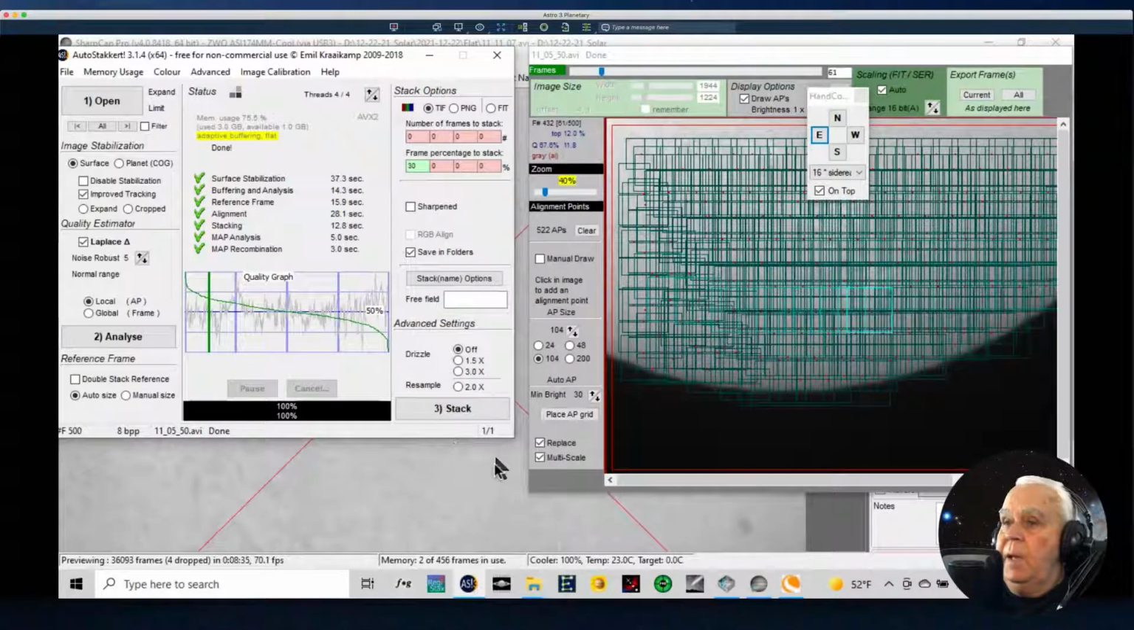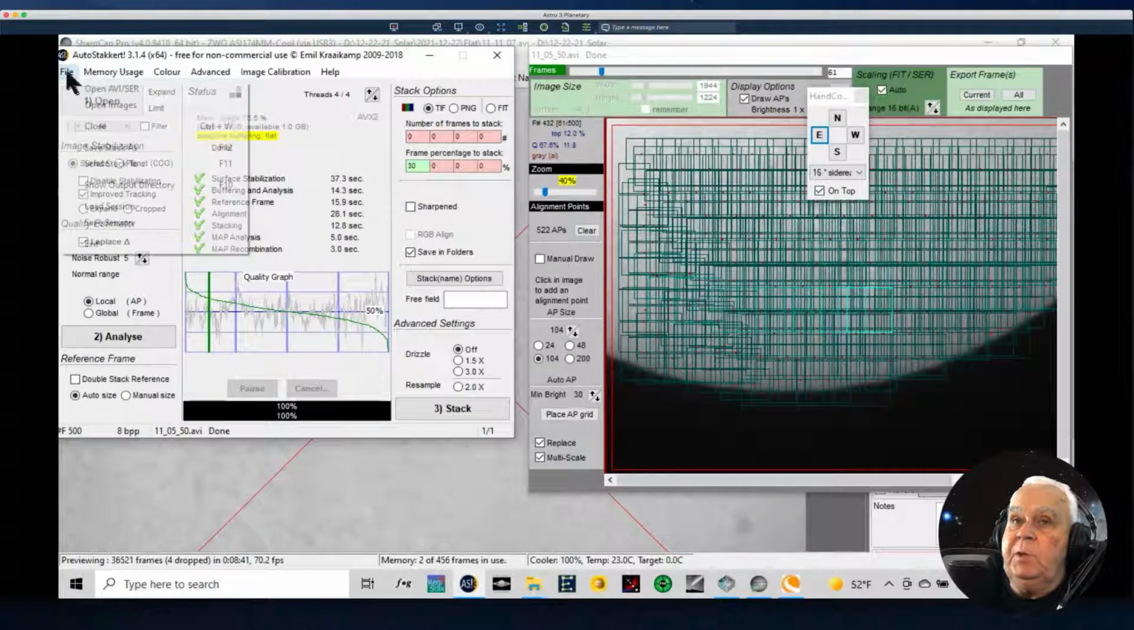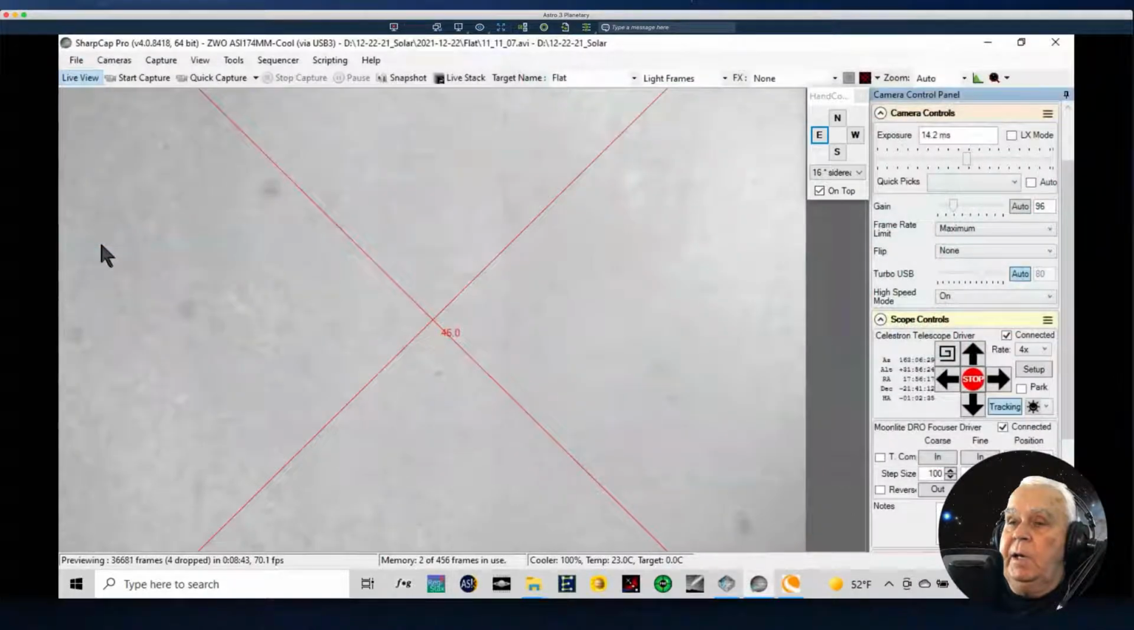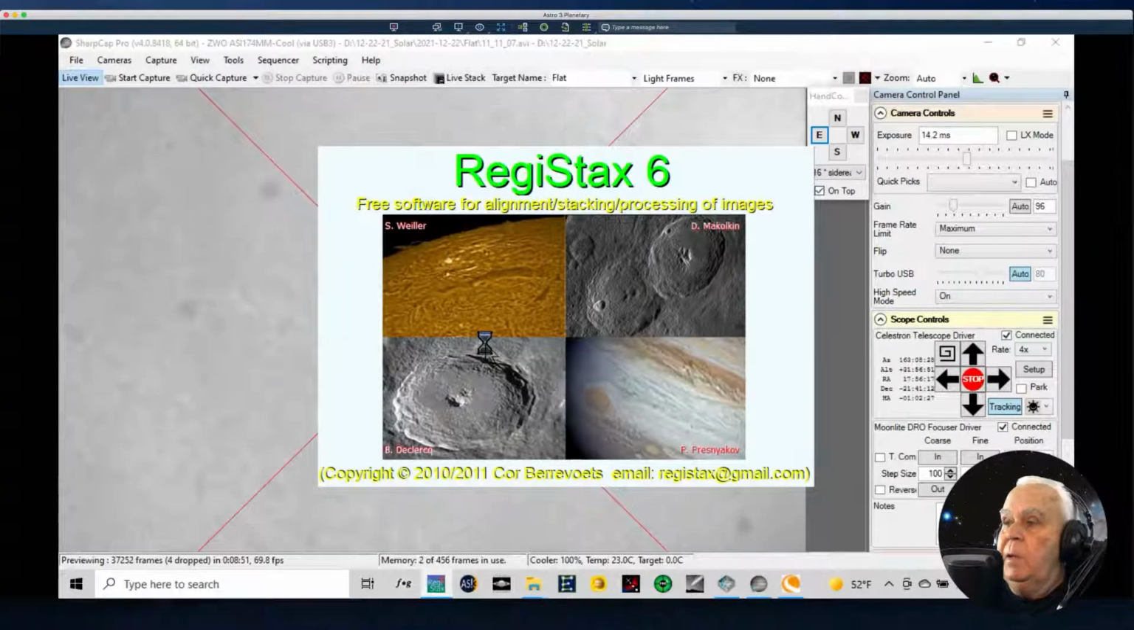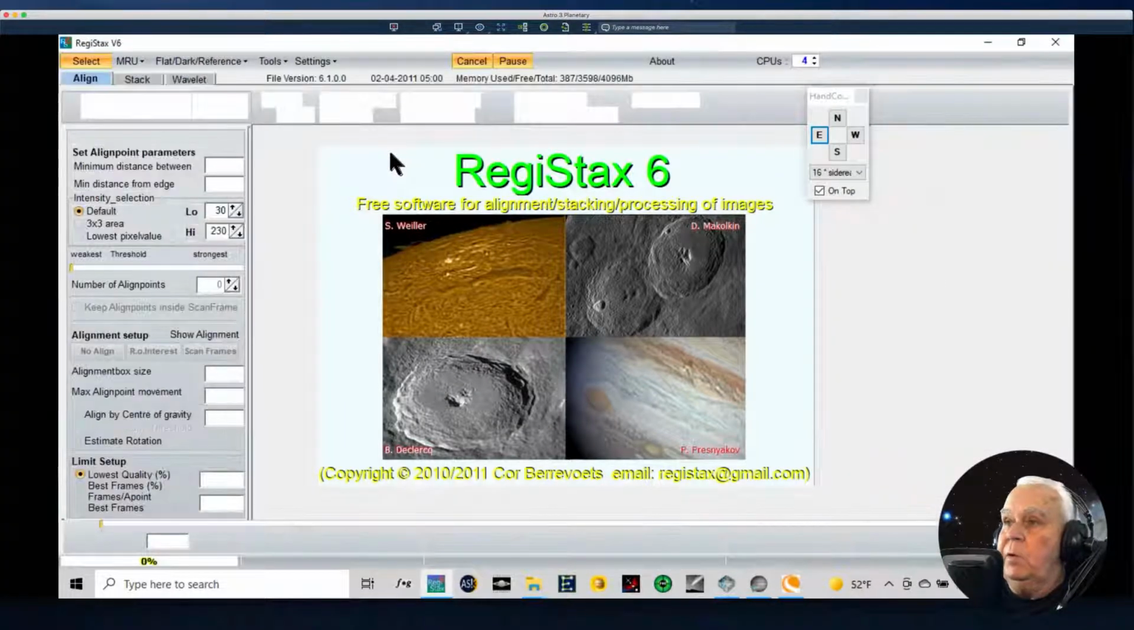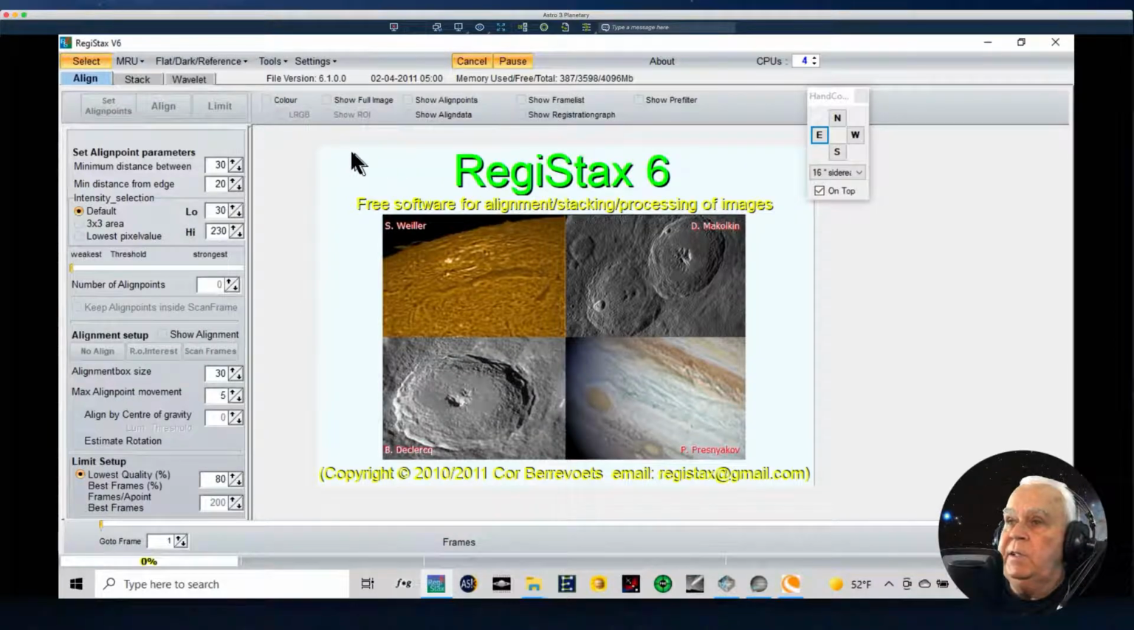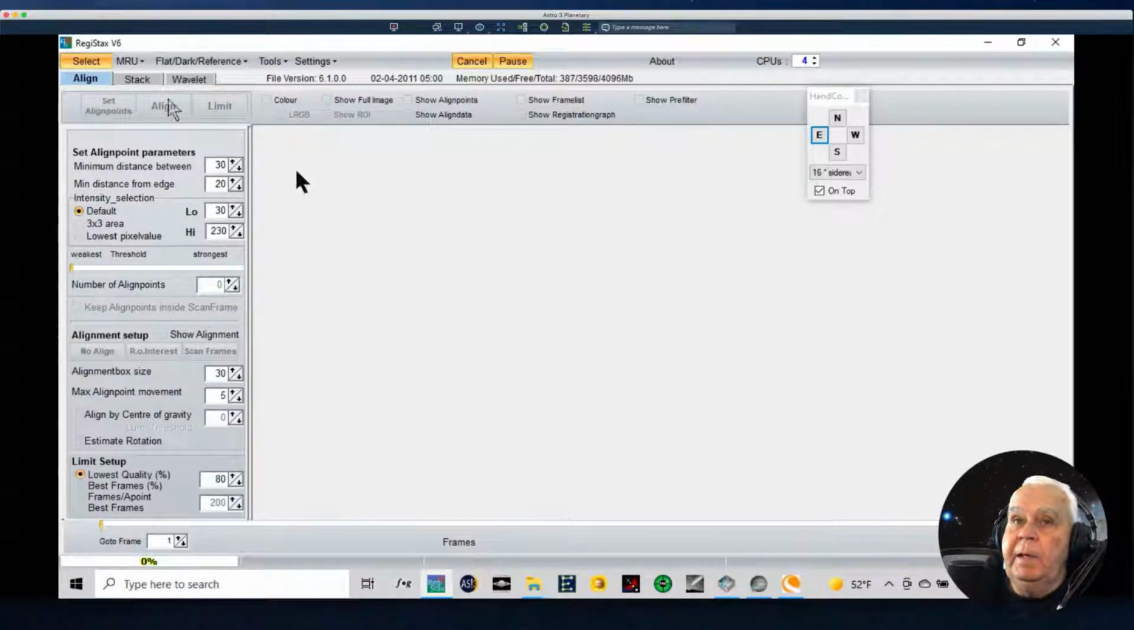Okay, we're done. And so now that we have finished, the image has automatically been saved. I'm going to close AutoStakkert, and there's two things I could do. I'm going to bring up RegiStax just because it's the most popular wavelet adjustment tool for solar imagers on the planet. It is also free, and so I'm going to bring up